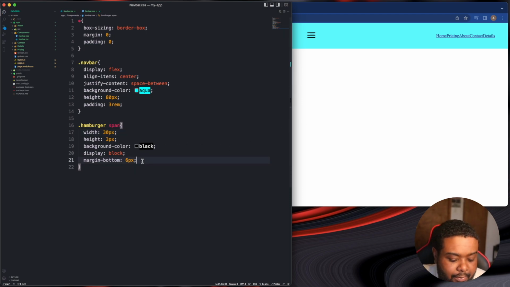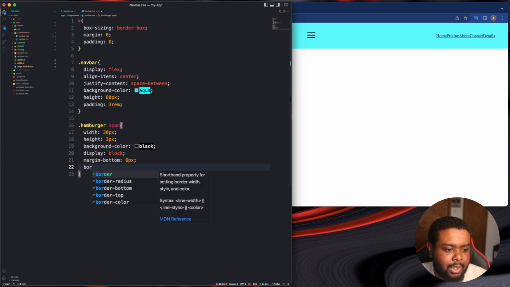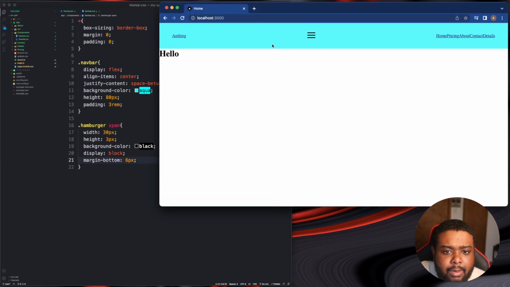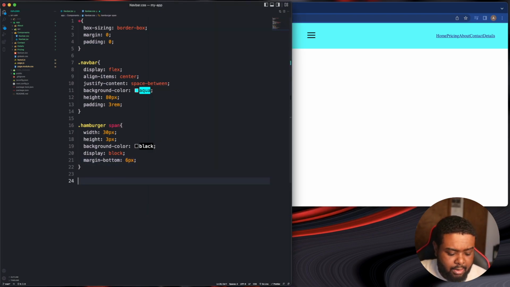All right, cool, and let's give it a border radius of 40 pixels. Round them out a little bit. I don't know if we can tell. Let's do 60 pixels. This work? I don't think this is working. I want to make them round, but I can't see it. All right, take that off. All right, so cool. We got our hamburger menu there,